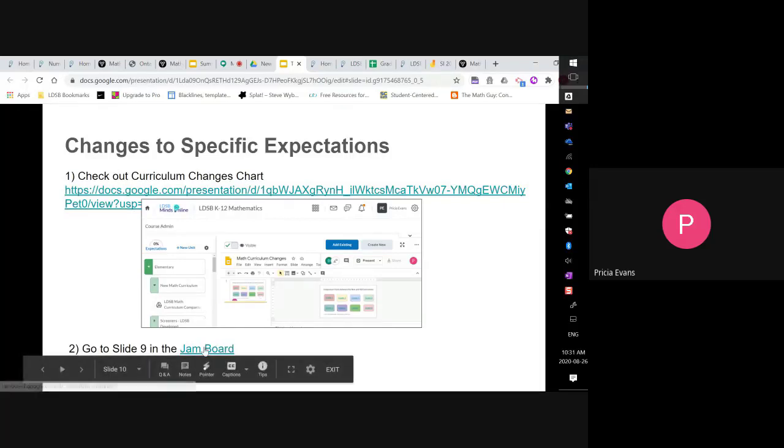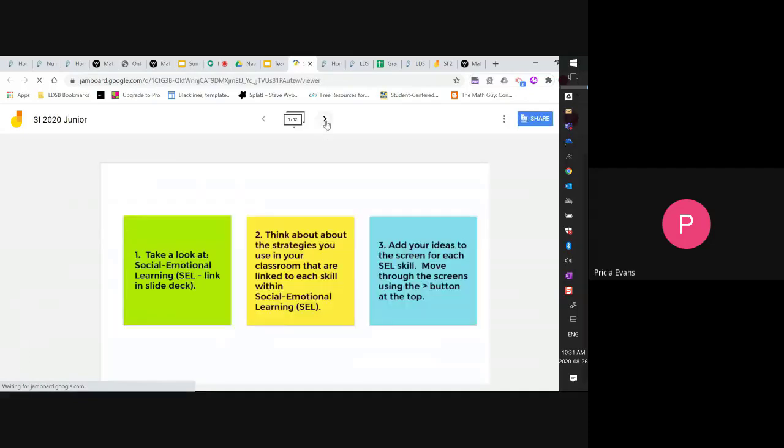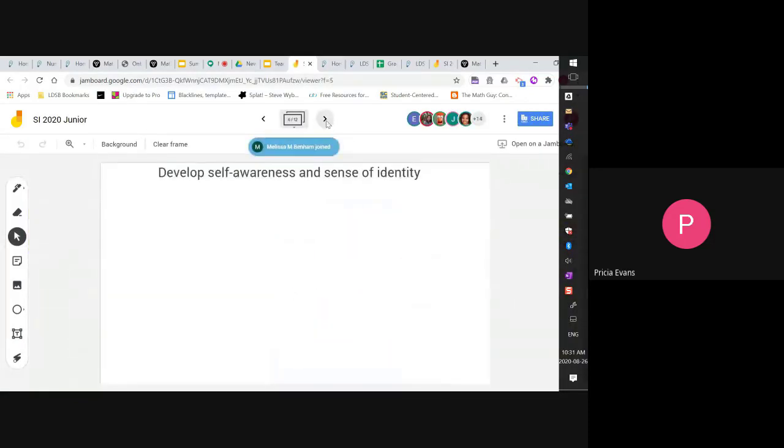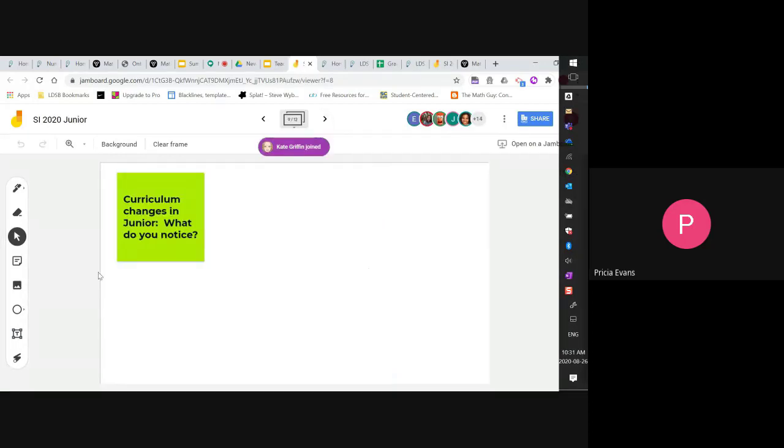And then I want you to go into the Jamboard, the Jamboard we were just in. So I'm just going to open that up. And if I go to slides 9, I just need to put in some changes that you notice. So if you could just write down some really quick things that we noticed, we're going to highlight these for ourselves.